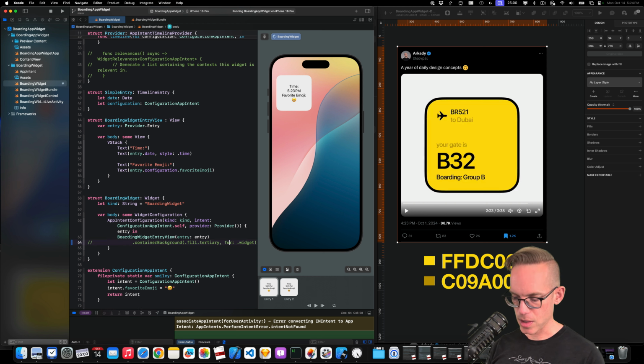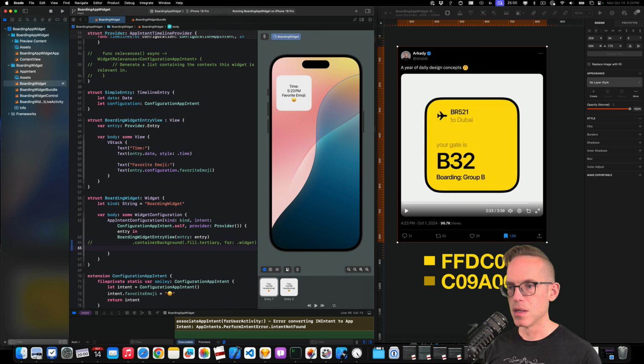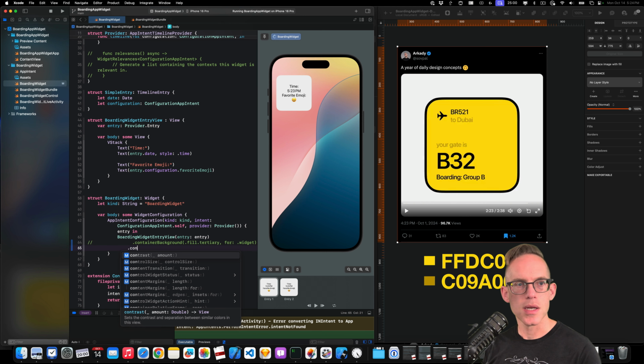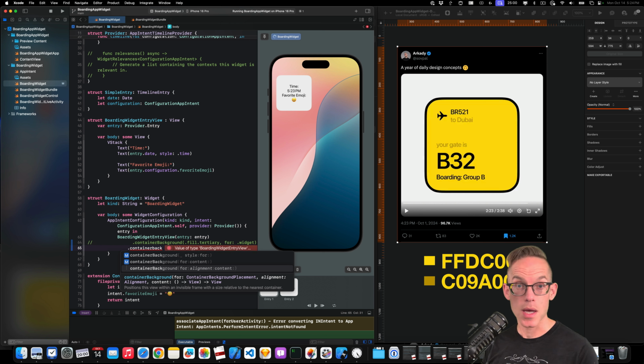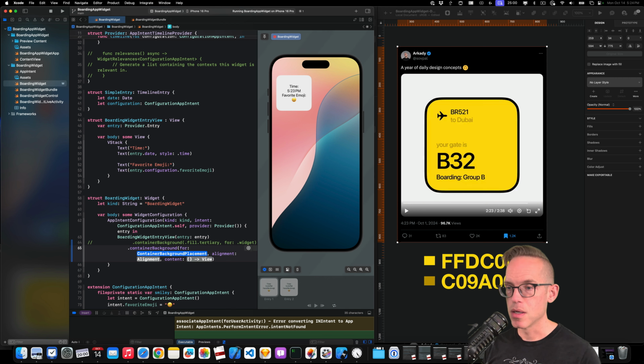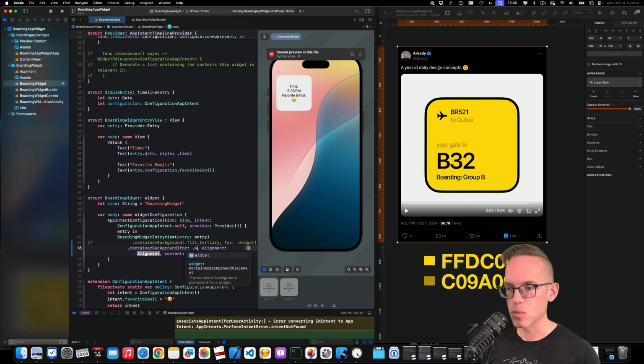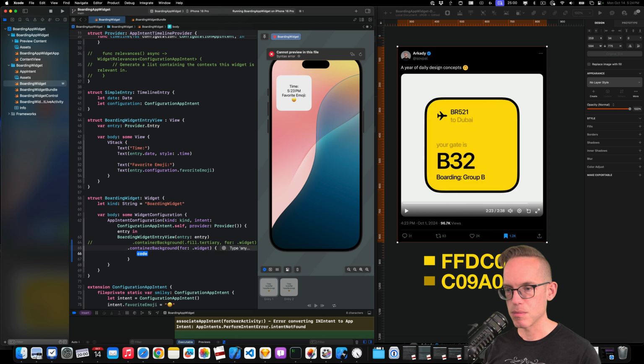And I'm going to try and get a new line. And what I'm going to do is there's another container background. And we're going to go for the alignment with content. And with that one, we can do the placement, which is going to be a widget. And the alignment, I'm just going to skip. I'll get rid of that. And then the content, press enter, and we type in the code. So for this, let's go with that yellow. So it's going to be a